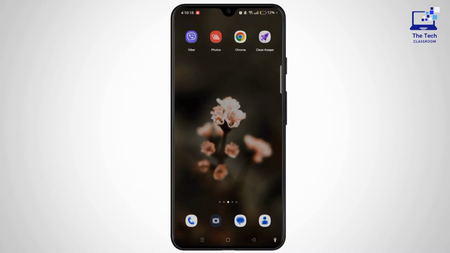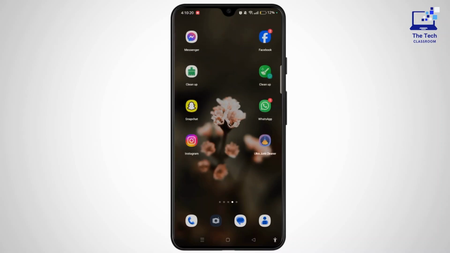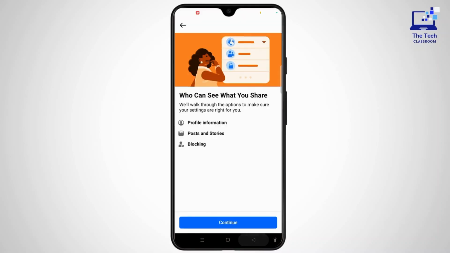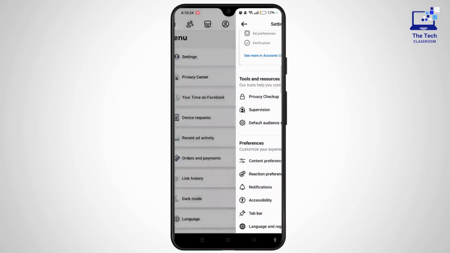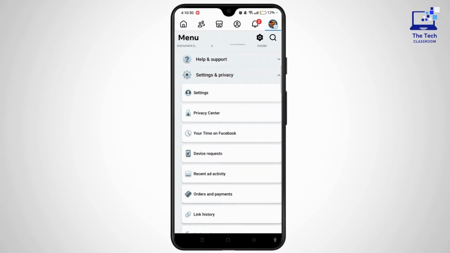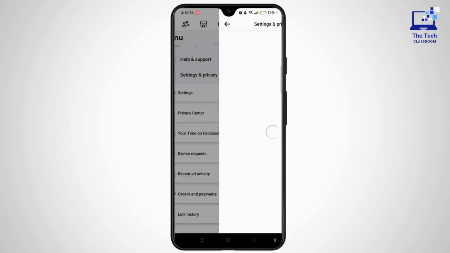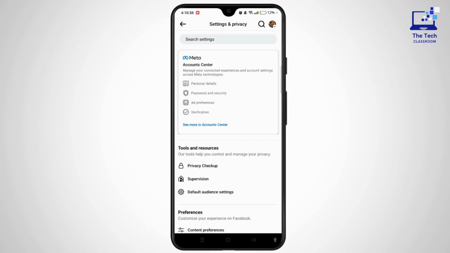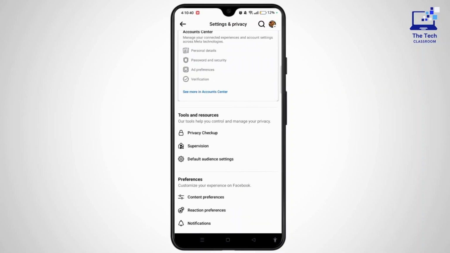First you will launch the Facebook application on your device and then head into the home section of Facebook. From the home section, select the menu icon at the top right corner of the screen. And after that, you have to choose the settings and privacy option and then tap the settings option to access the settings and privacy page. Scroll down, tap on